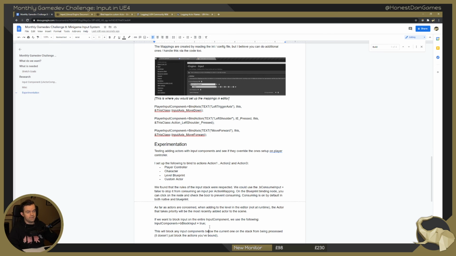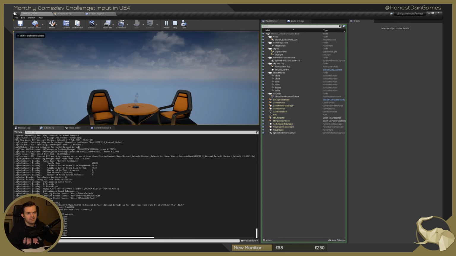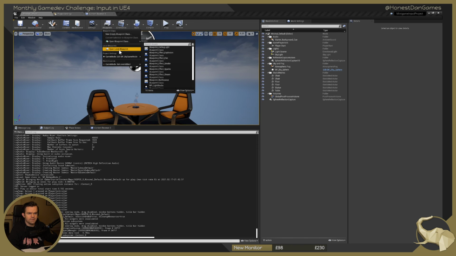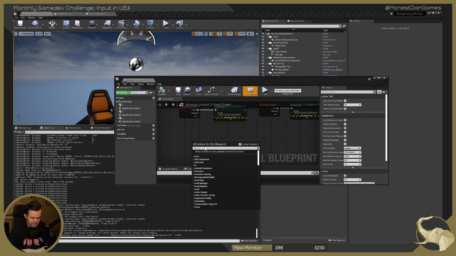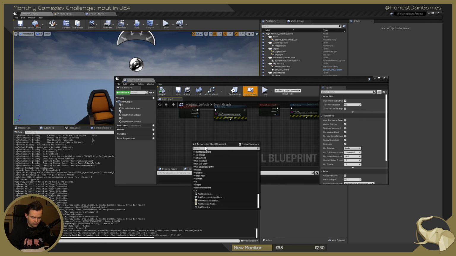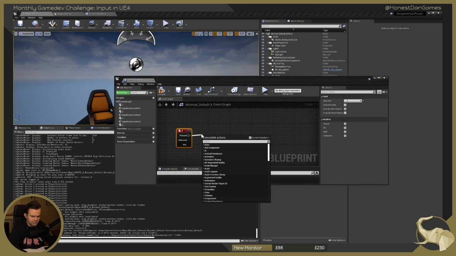All right, so that was one of the things I wanted to test. The second, what did I say was the second thing we wanted to test? Oh, adding one at runtime. So let's stop. Let's go to our level blueprint, shall we? And we can maybe just do a quick spawning bit of logic in here. So when we press, what button are we going to use for this? Shall we just use Z? So when Z is pressed, spawn actor